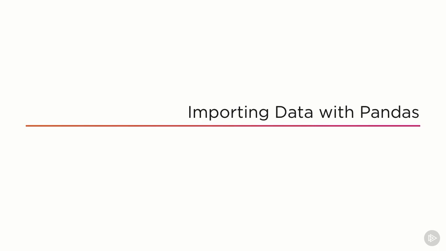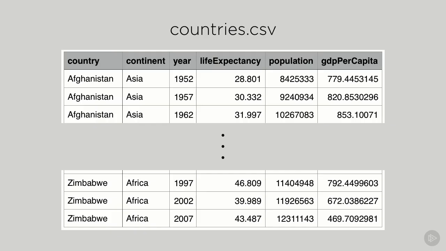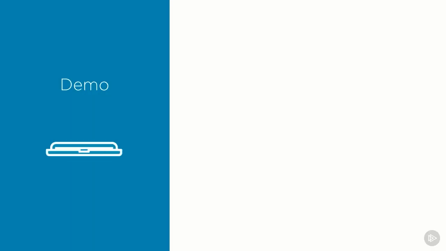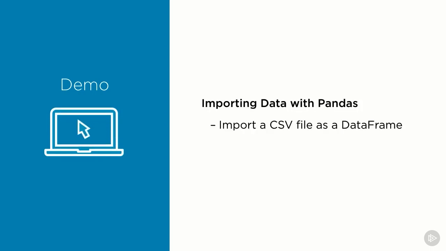In the last video, we learned how to create a pandas data frame from a Python dictionary. In this one, I'm going to show you how to create a pandas data frame by importing data in a CSV file. The sample data that we're going to use here is called countries.csv. It contains information about countries and their basic demographics for each year, years ranging from 1952 to 2007 for every 5 years. So I'm going to show you how to import this data as a pandas data frame and plot